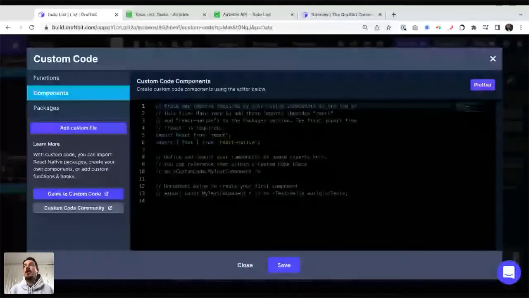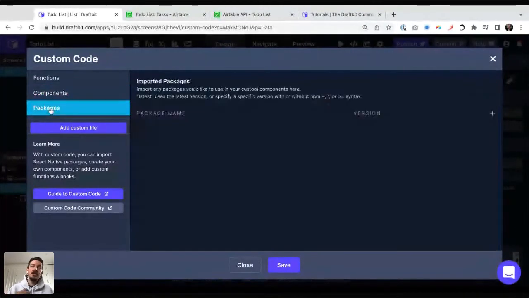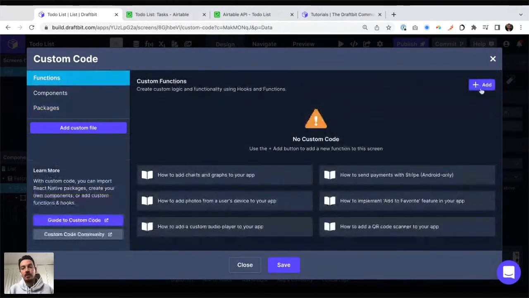I myself do a lot of custom components around charts and graphs. I want my own stuff, so it looks very good. And you can also import your own packages. Typically, it's not necessarily packages you write, but you will import an open source, very popular package that's out there. So we let you do all that. What we're going to use today is just the custom function. We're going to keep it fairly simple.